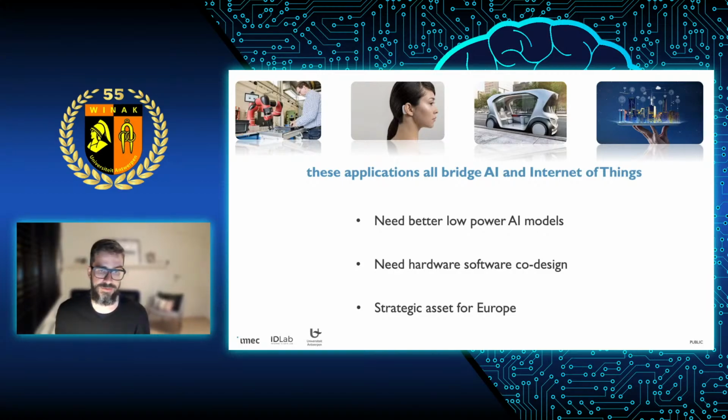So to make a little bit of shameless advertising for what we're doing within the group: if you're interested in this and you want to make a difference in the artificial intelligence world, I really think that everything with low power, resource aware artificial intelligence could really make a difference in the world. And you're definitely welcome to talk with us about doing a research project in that sense.